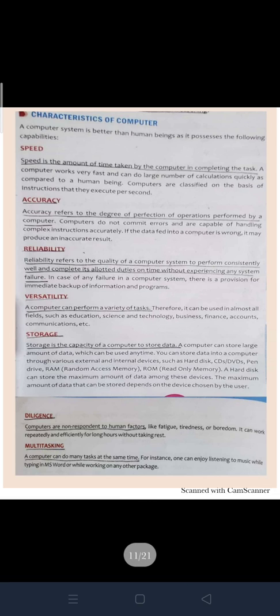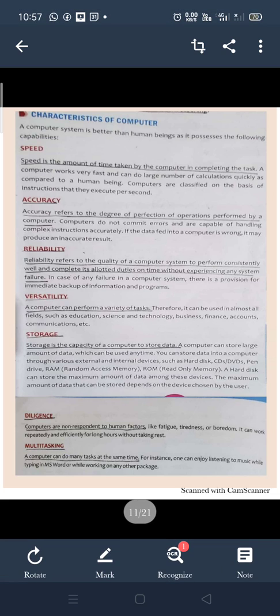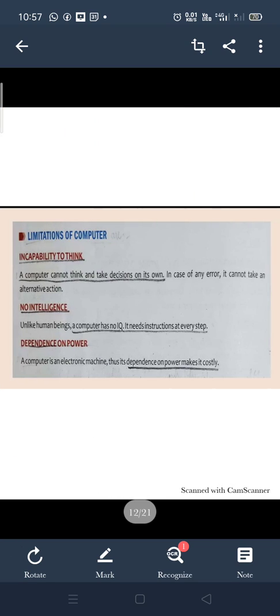Multitasking, computers can do many tasks at the same time. Like for example, you're typing a document in Word, at the same time you can listen to the music, you can do a Google search also. So many applications you can use at the same time. That is the multitasking feature. So all these are the characteristics which make computer an advanced machine, a basic necessity for us in this modern world. Right, children? Now moving ahead, let us discuss some limitations of the computers, that is the drawbacks of the